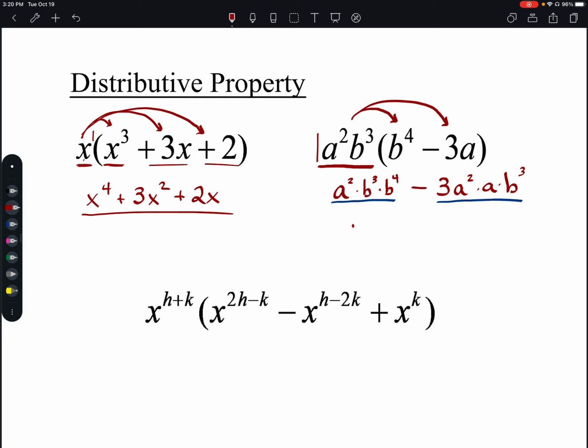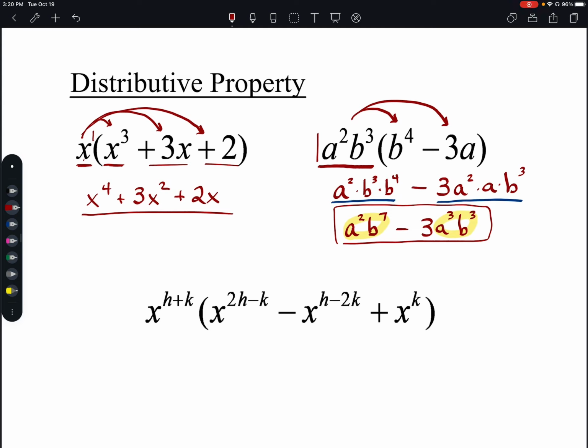So a squared b to the 3rd times b to the 4th is going to be b to the 7th, because 3 plus 4 is 7. We have minus 3, a squared times a is a to the 3rd, and then we'd have b to the 3rd. Okay, and since our expressions here don't have the same exponents on the variables, they're not like terms, and that's as far as we can go. This would be our answer. Okay,